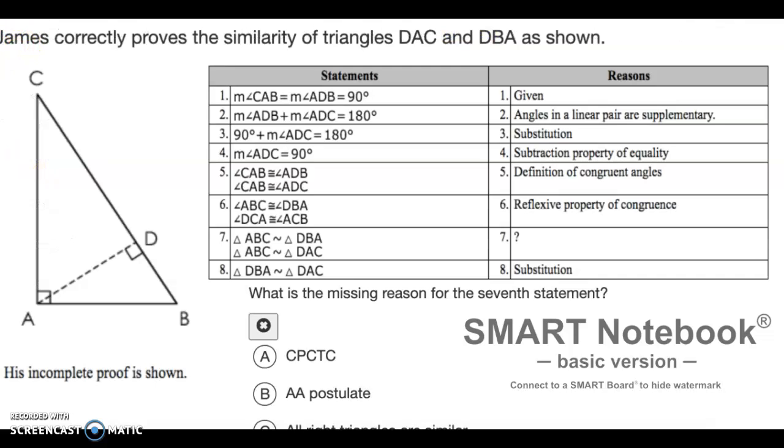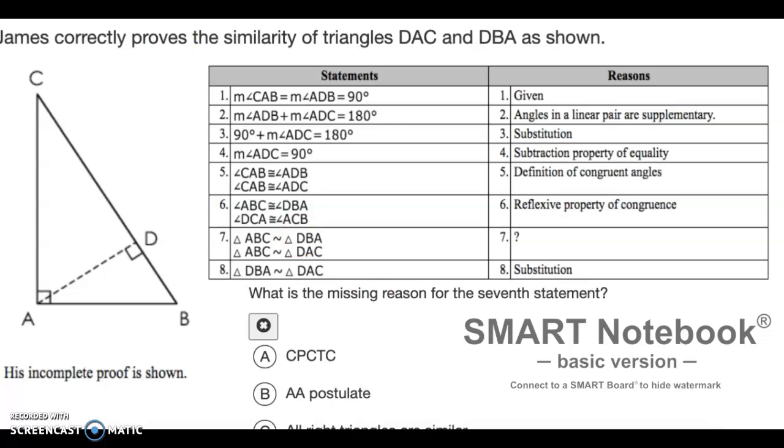All right, the next one here is a proof. So this says that James correctly proves the similarity of triangles DAC and DBA as shown. So here we have a picture and we have a proof with most of all of our statements filled in, and we're missing one reason. So the question we have to answer is, what is the missing reason for the seventh statement? So let's look through the proof and see what the seventh statement is asking us so we can justify it